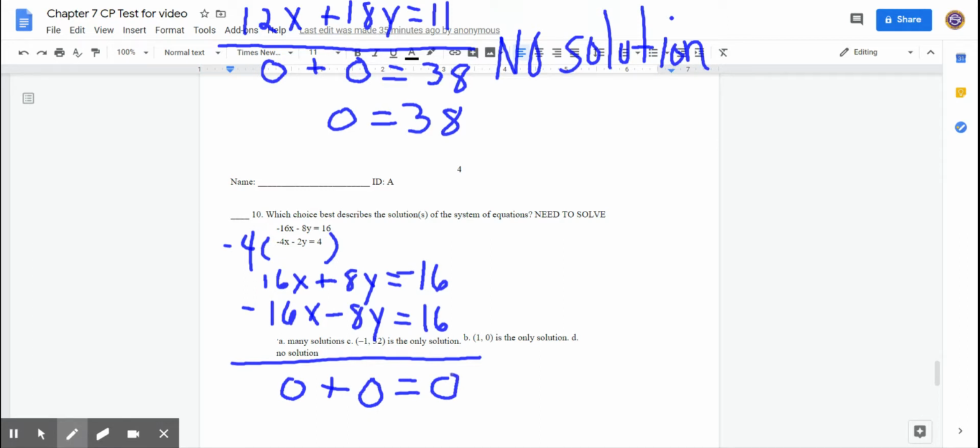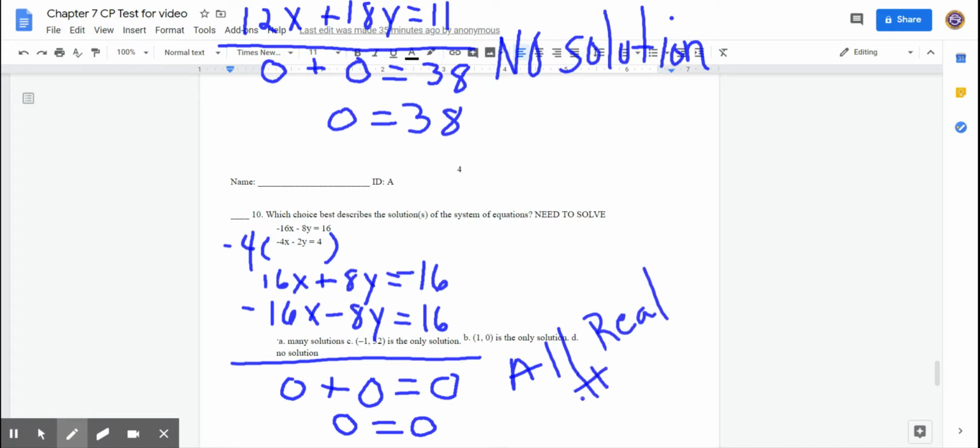So again, here's one of those special solutions. All the variables were eliminated. So now you have to look. What does your answer say? 0 equals 0. Well, when will 0 equal 0? All the time. So the answer is all real